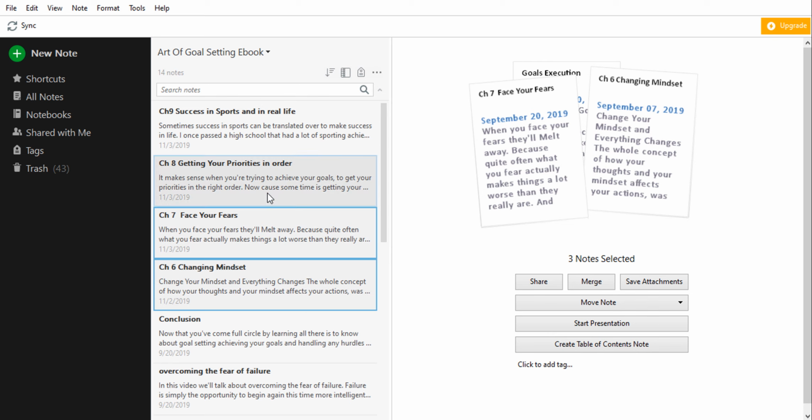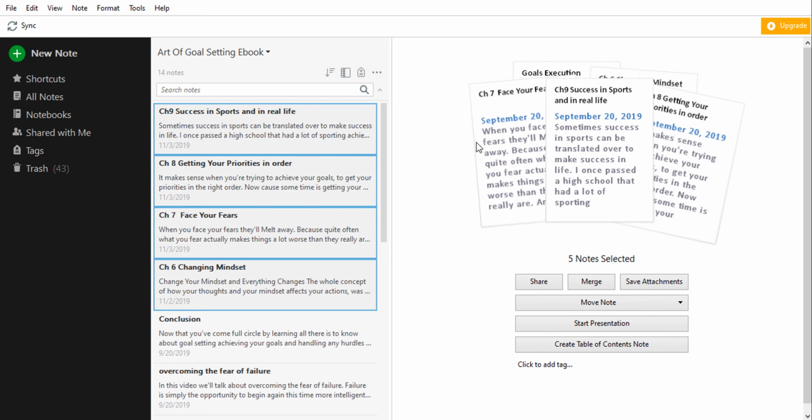notebook. You might be managing different notes under separate notebooks, the same as I used to do until I found this feature. So, to create a table of contents, select the multiple notes for which you want to create a table of contents like this. After that, you will see a snapshot of these notes here on the right side. And down below, you will see a number of additional options available for you. So here you have to select the Create Table of Contents Note option. Now before I do this, I want to make you aware that this option will not remove or delete or change the location of these notes, but it will create a new note.